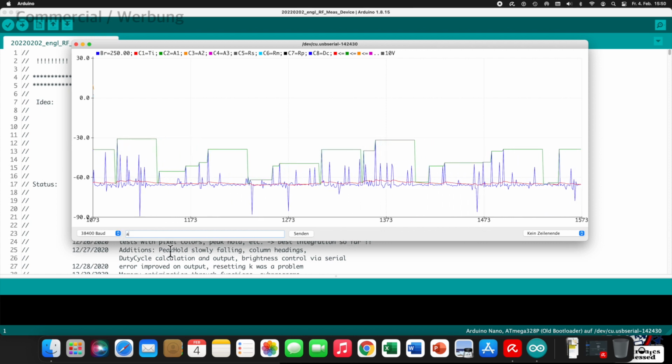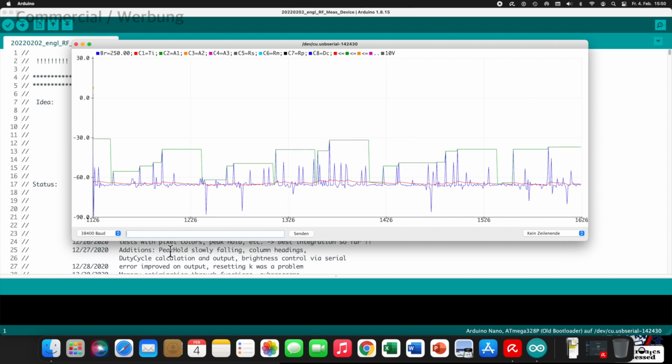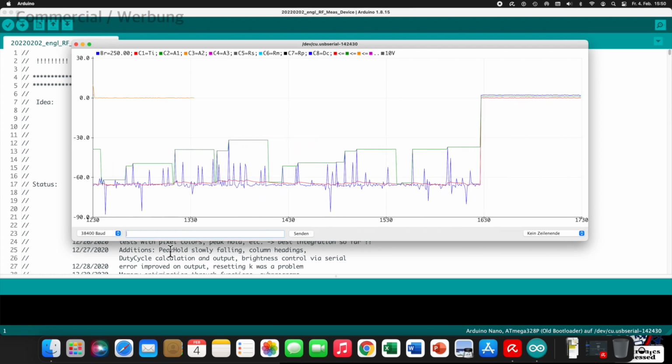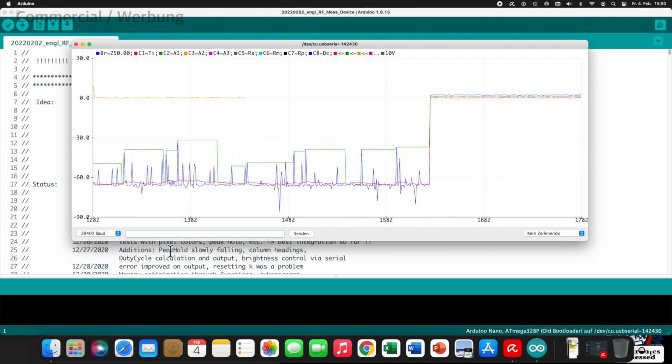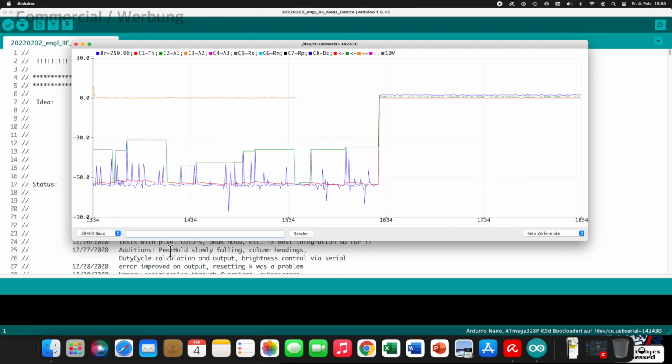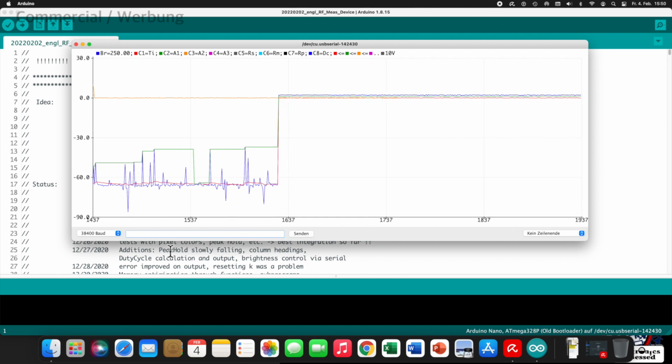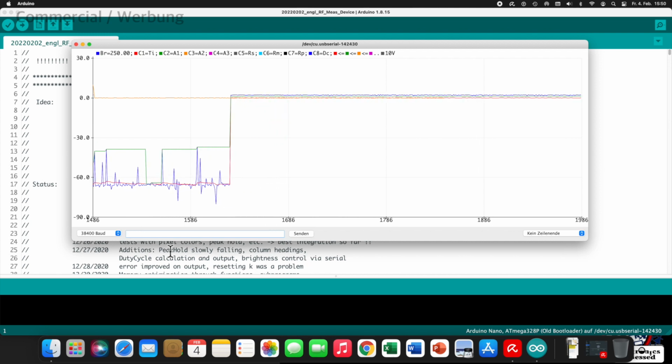We can also switch to the option A, which shows us the voltage at the inputs A0 to A3. The graph automatically adjusts the range after a while.